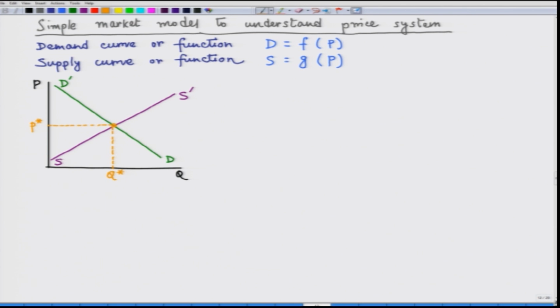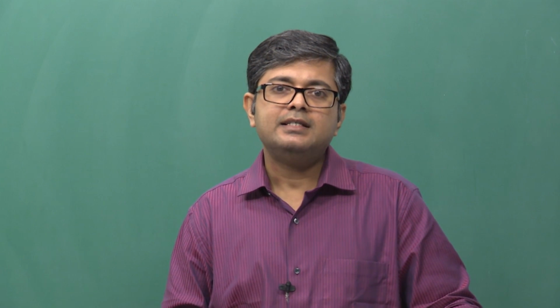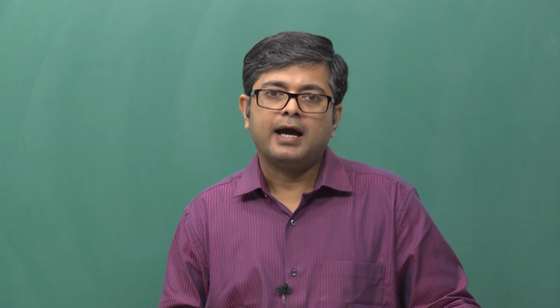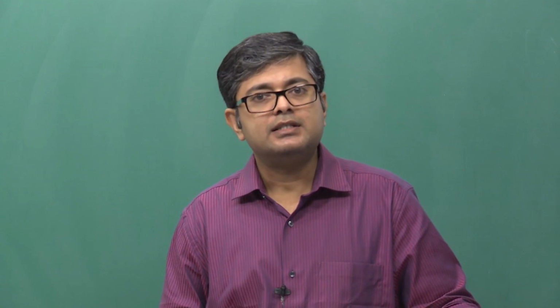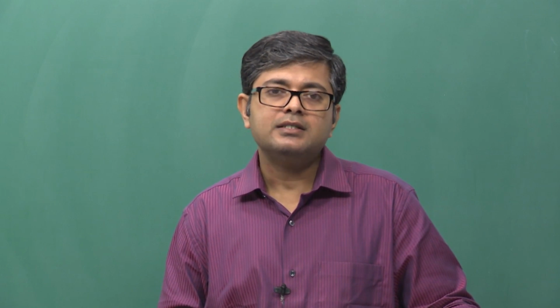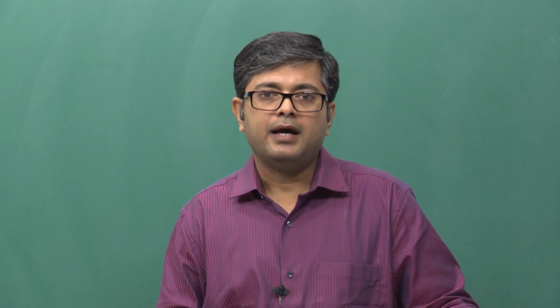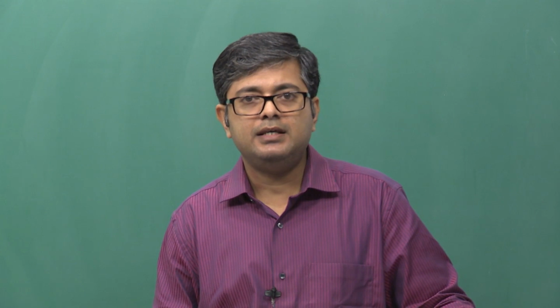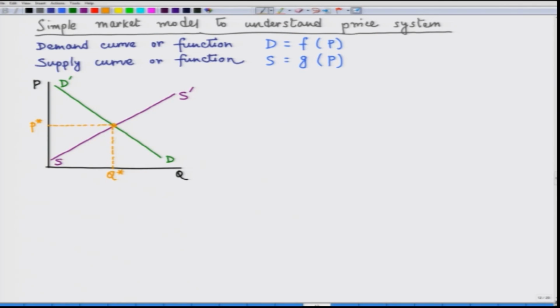Now, why are P star and Q star the equilibrium price and quantity? Let us check. We have to prove that this is an optimal state from where either the buyer or the seller has no incentive to deviate. So, let us deviate from the optimal price or equilibrium price P star and see what happens. Let us consider two cases where, to start with, we assume a higher price P prime and let us see what happens at this price.